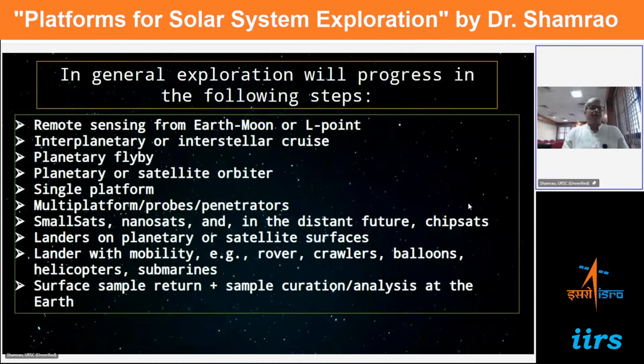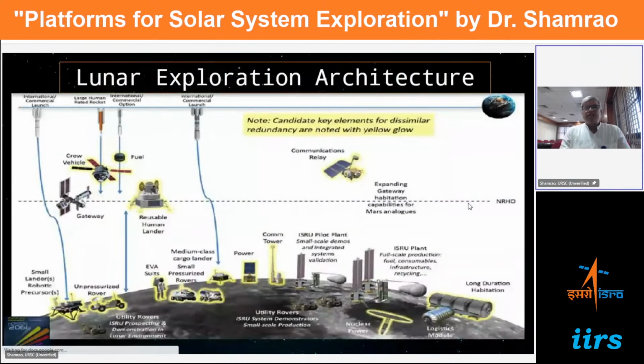And some of the liquid surfaces can be explored using submarines. And later, once you explore in situ, then you are bound to return some samples from there for analysis at Earth. So this is one sample architecture. Right now I have taken you through the science background. Now we are moving slowly towards the technologies needed, and that starts with a sample exploration architecture,